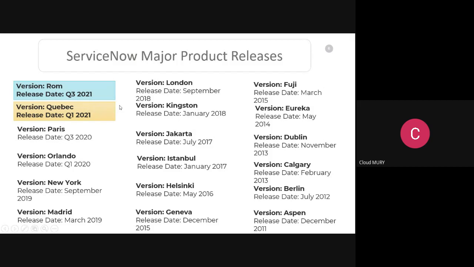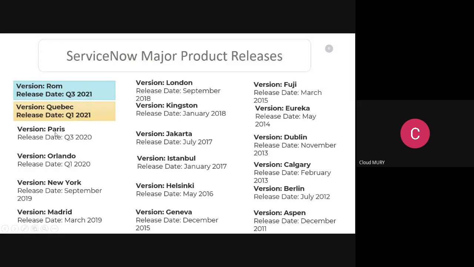And if you see here, currently ServiceNow supports only these two versions. Support means if anything goes wrong, you can reach out to them for any kind of support in only these two versions. As you guys know, with any software, for example Windows, once they have released other versions, they might say from this particular date we are stopping support for this particular version. On a similar basis, ServiceNow supports only n-1 versions. n is the newest version here, you can say Rome, and n-1 is Quebec. So only these two versions will be supported.